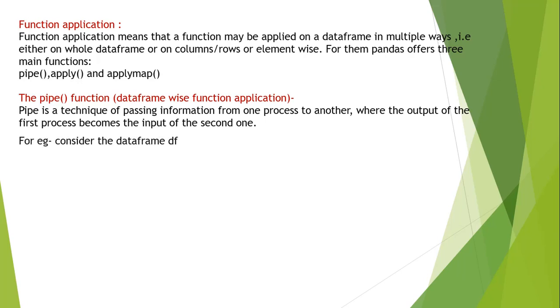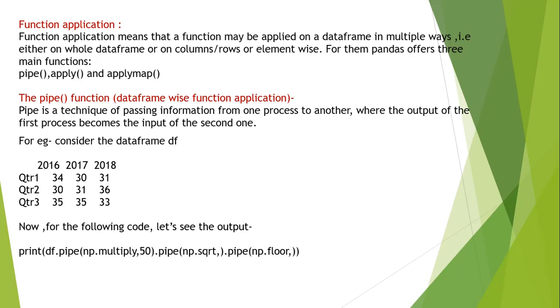Now let's see an example. We have a data frame df here. In this you can see 2016, 2017, 2018 are the names of the columns, and qtr1, qtr2 and qtr3 are the indexes or the rows. Now suppose this whole data frame is to be applied with the pipe function, that is, multiple operations are to be performed on this. Let's see how this pipe function works.